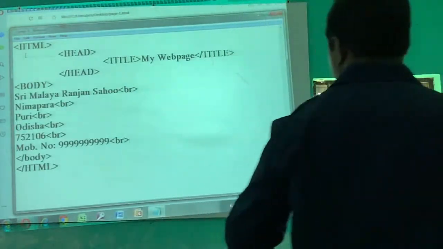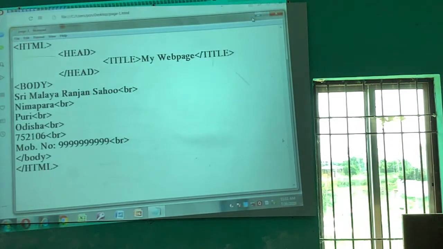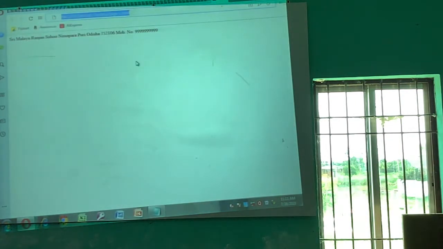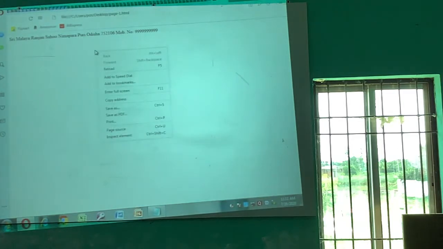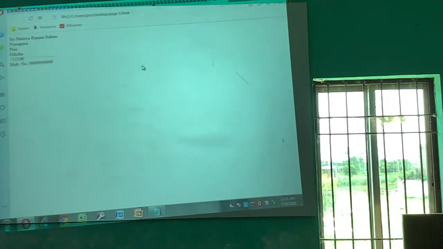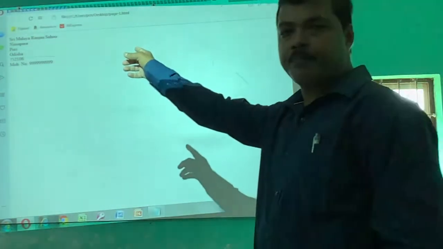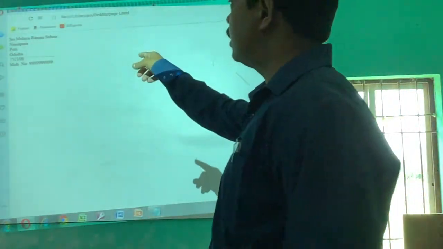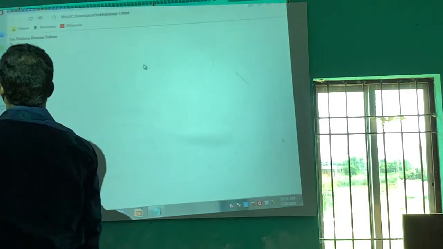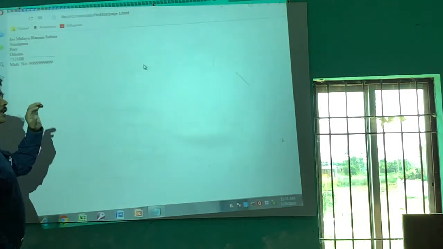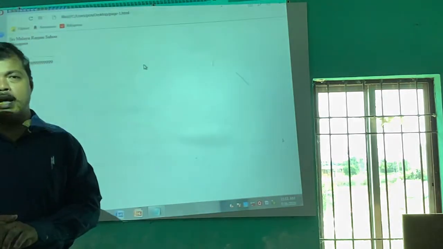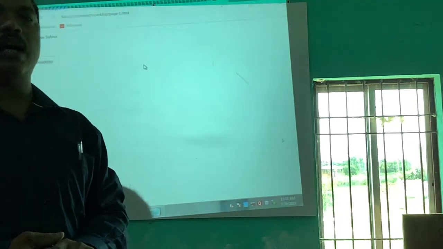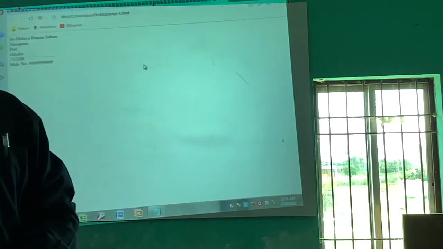So after saving, minimize it, then refresh it, right click, reload or F5. Got it? So all the names, addresses and mobile numbers are written line by line. But another task is also pending.